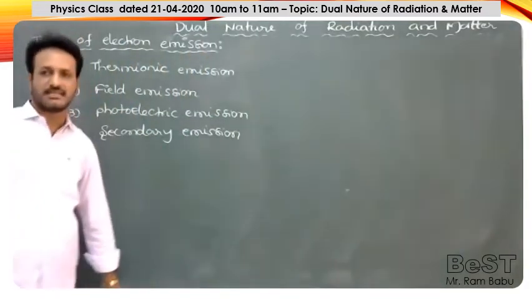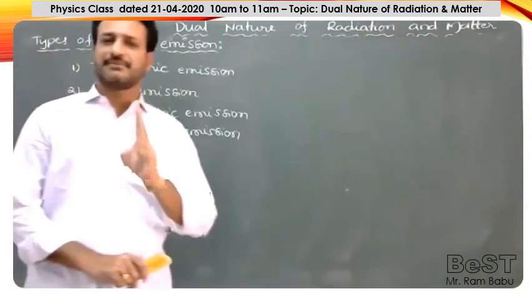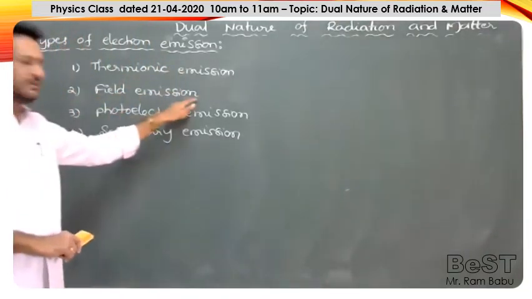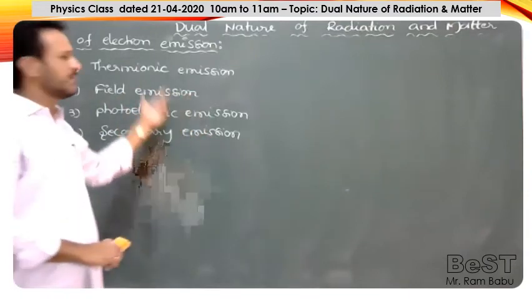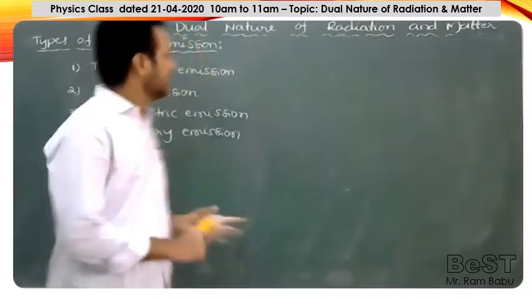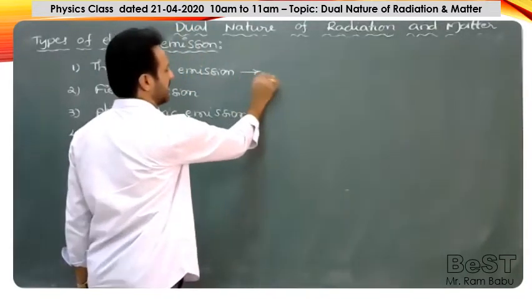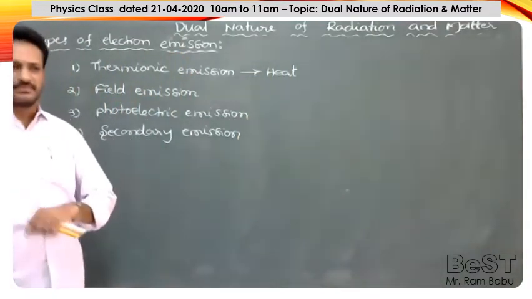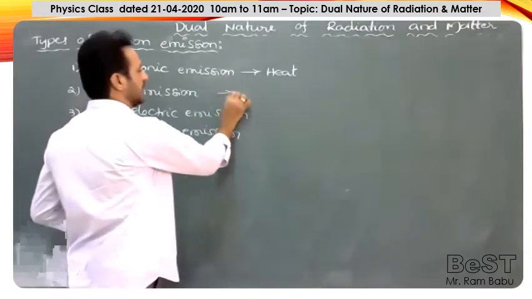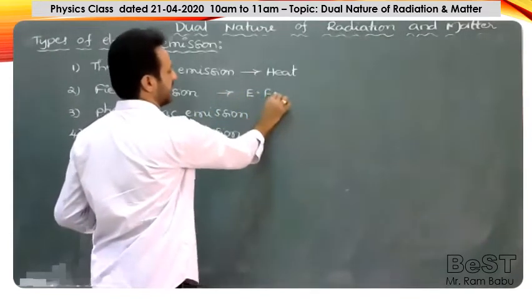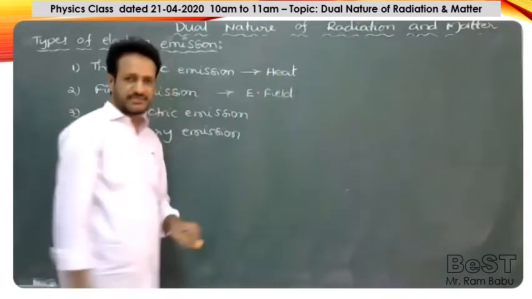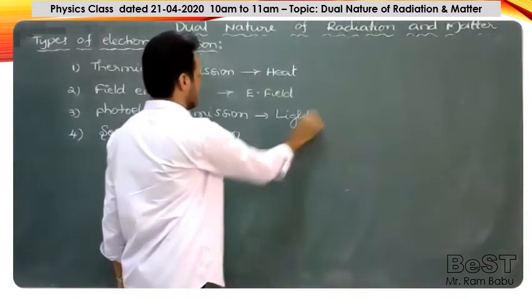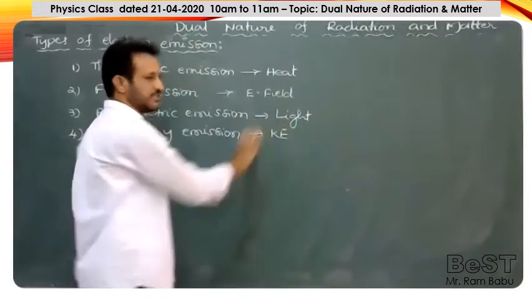Any 2 types of electron emission may be asked as a 2 marks question. Generally, mention any 2 types of electron emission. We can write thermionic emission or the others. All the methods are nothing but electron emission, but in each case, what kind of energy do we supply? In thermionic emission, we need to supply heat energy so that electrons are emitted from the surface of the metal. In field emission, a strong electrical field is applied, so here we are supplying electric energy. In photo emission, light energy. And in secondary emission, we generally supply kinetic energy. These are the 4 methods.